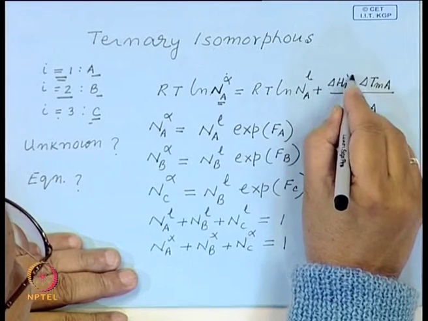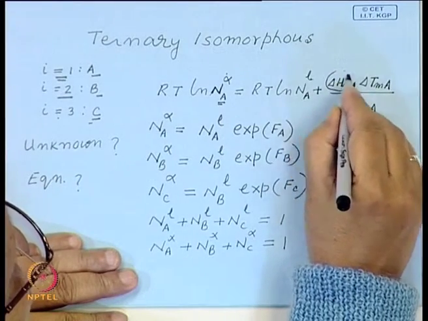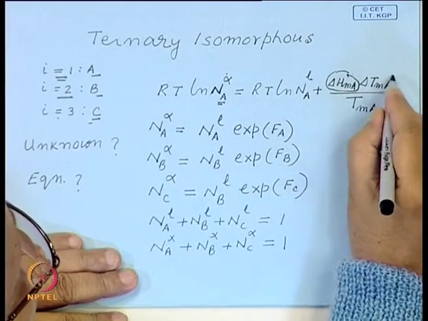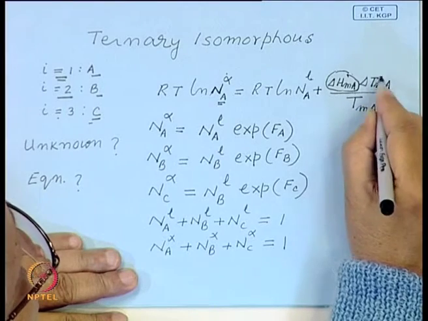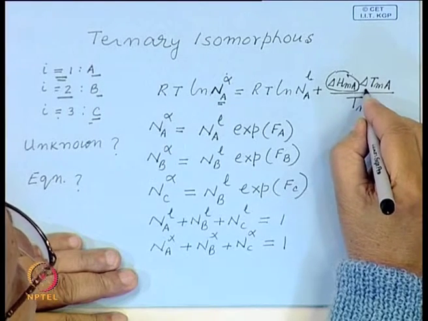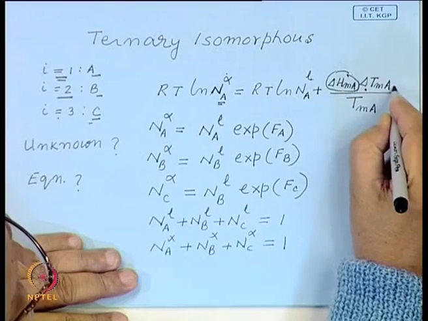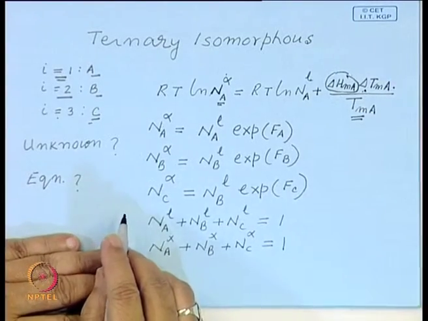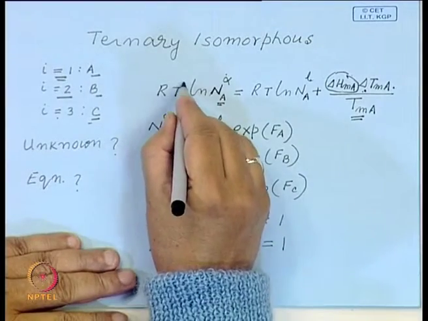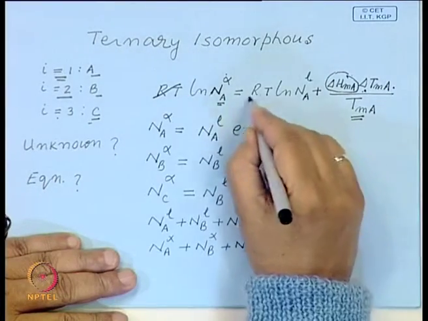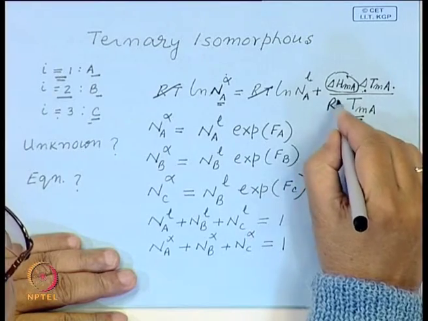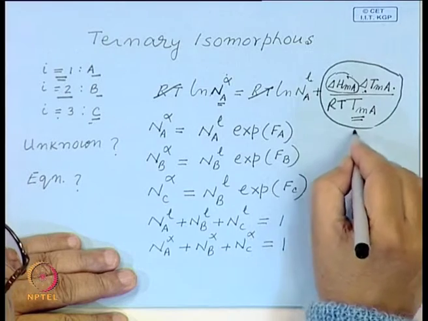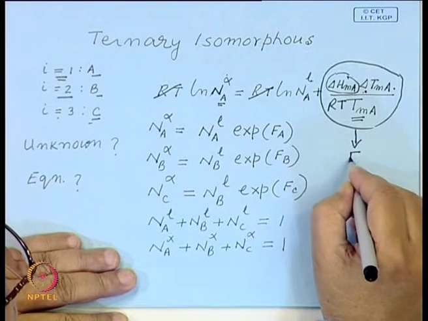This is the enthalpy change of melting or fusion. This is the temperature difference between the temperature of interest and the melting point, and T m A is the melting point of A. And what we have seen, we divide all this by R T, and we said that suppose this is a function